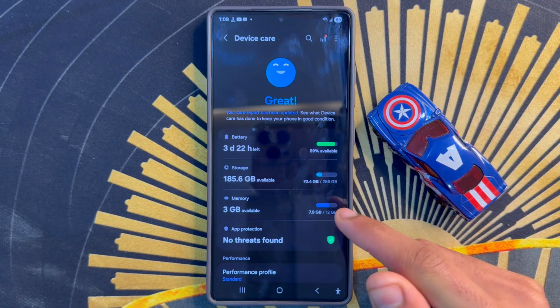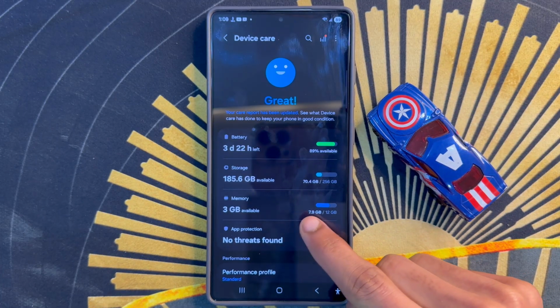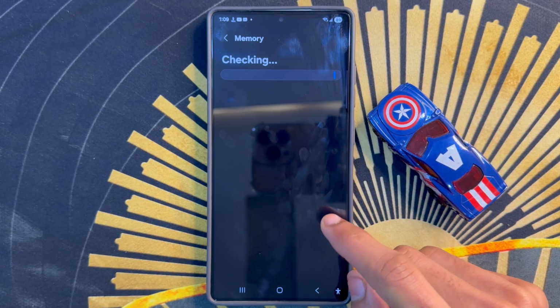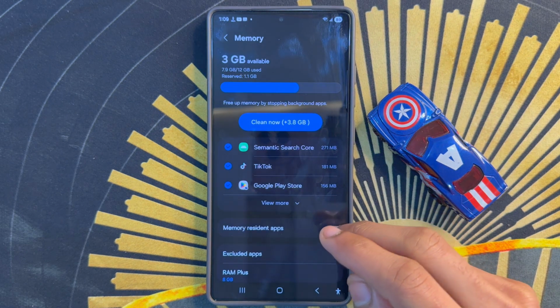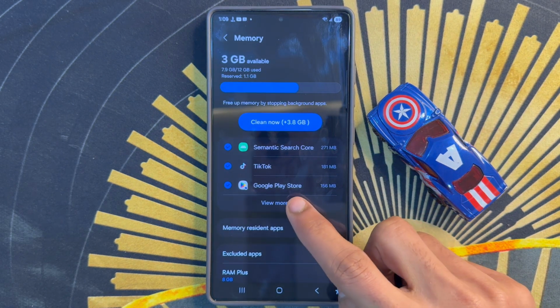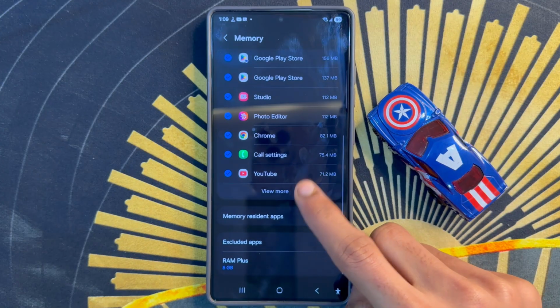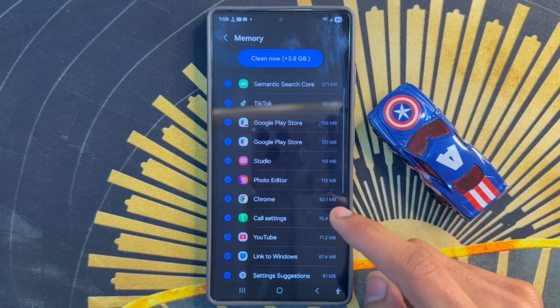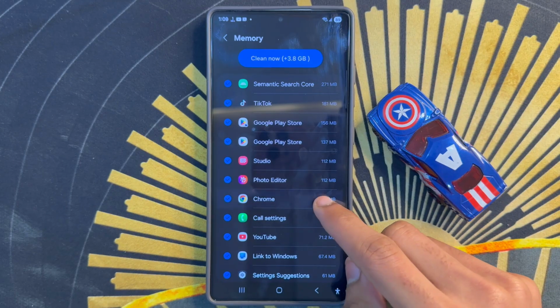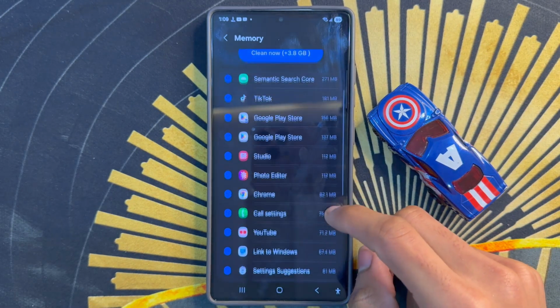After you click on Device Care, you will see the third option is Memory. Click on Memory. After you click on Memory, you will see View More. Click on View More and again click on View More. So if you want to free up memory by stopping background apps, you will see